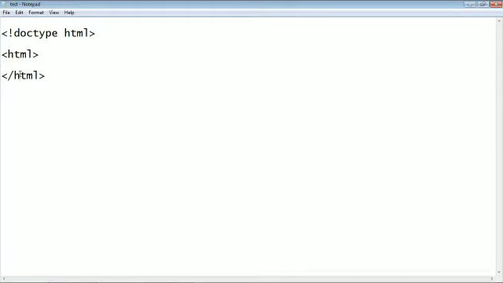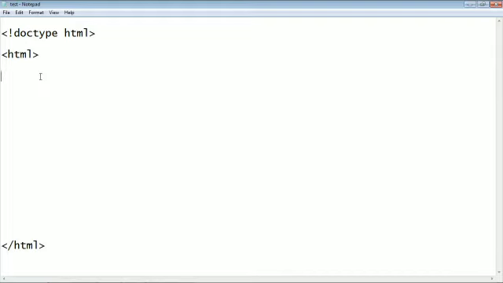Next, in between both of these tags, the next tag is your head tag. This tag is used to mention and indicate the head section. Head section means this content will show on your title bar.